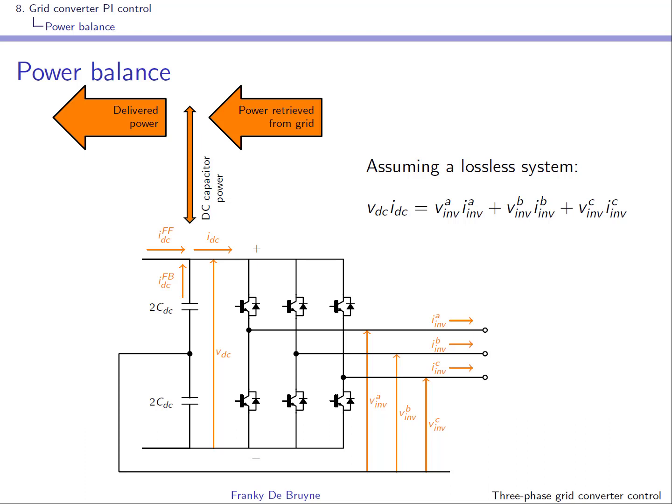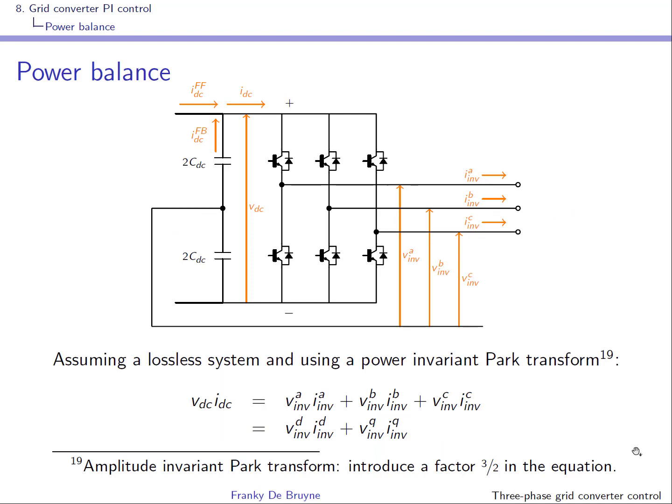On one side you have the power on the DC side, this is what you've got here, and this is the power on the AC side that we have encountered before when we were modeling our DC bus. So assuming a lossless system, the power on the DC side is the power on the